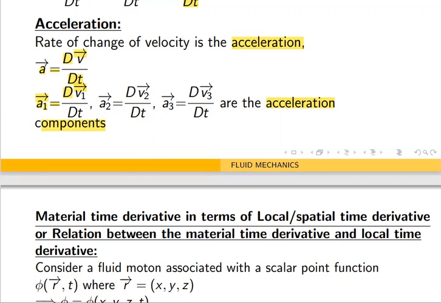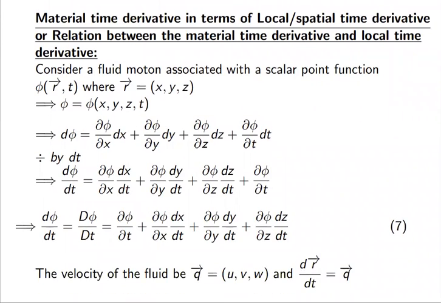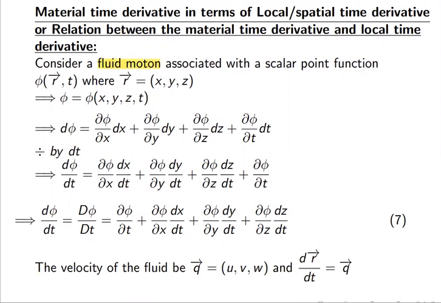Now let us see what is the relation between material time derivative and local time derivative, or material time derivative in terms of local or spatial time derivative. A very, very important relation and very easy also to prove. Let us consider a fluid motion associated with a scalar point function phi, which is a function of r and